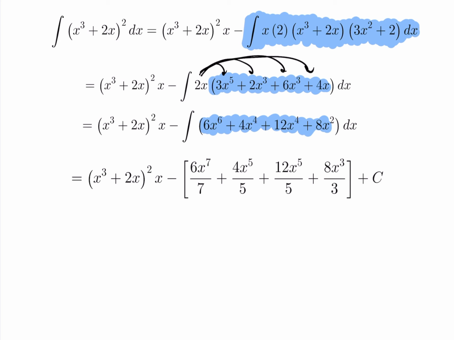The integral of 4x to the power of 4 is 4/5 x to the 5th. Likewise here and here, went ahead and applied that integration symbol all the way across. And don't forget, we put a plus constant here because we are taking an indefinite integral. I'm going to go ahead now and we're going to distribute this minus sign into this expression and expand out